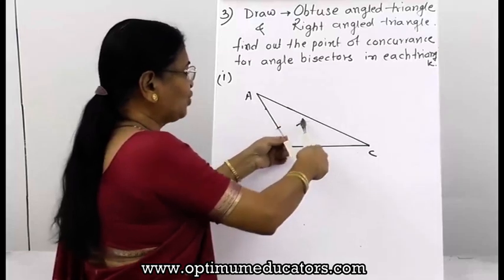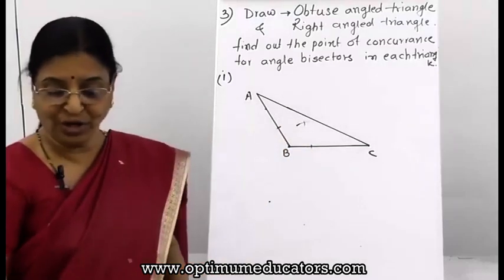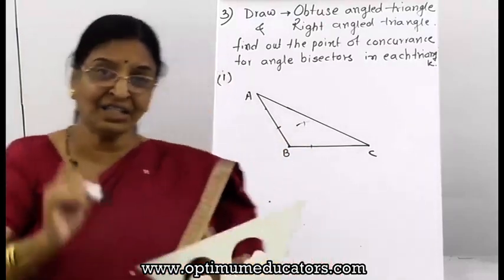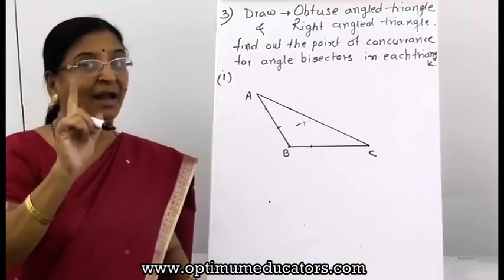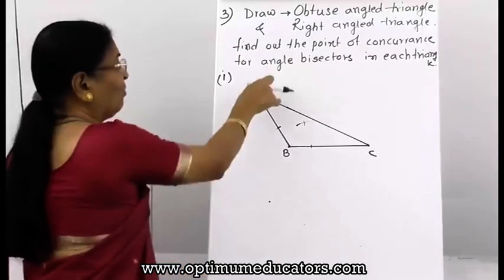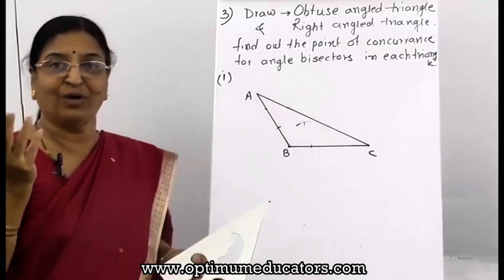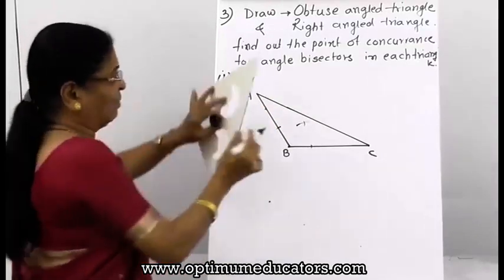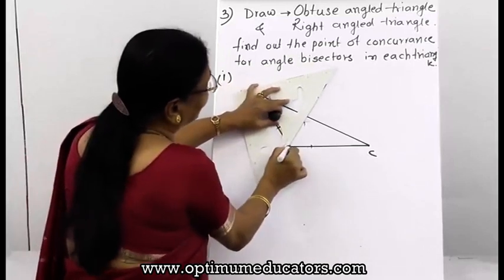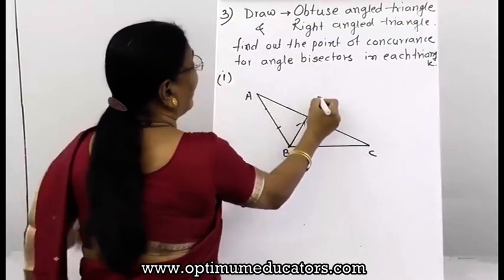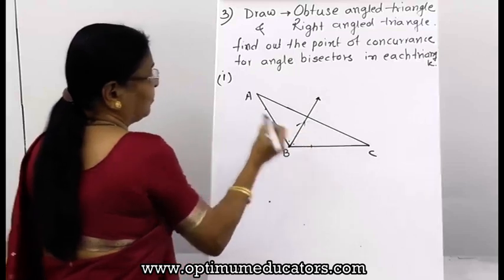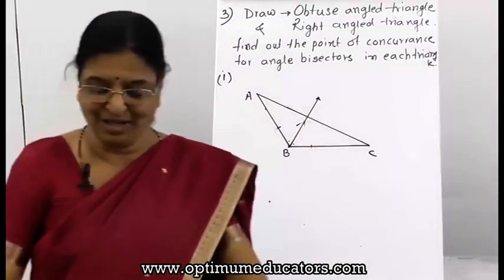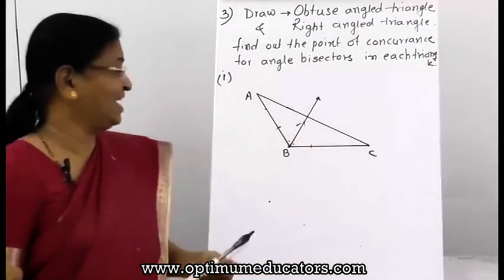See, there will be so many arcs. So don't hesitate and just finish one angle bisector at a time. Don't go on marking all, then you will not be able to find out which should be joined. So first finish one angle bisector. And so this is our angle bisector B. Okay, we have marked a few points so that we can see it.